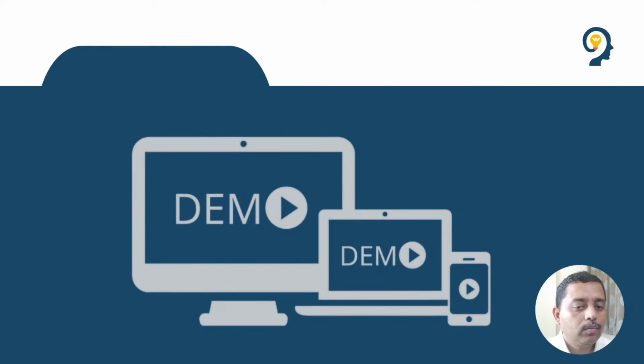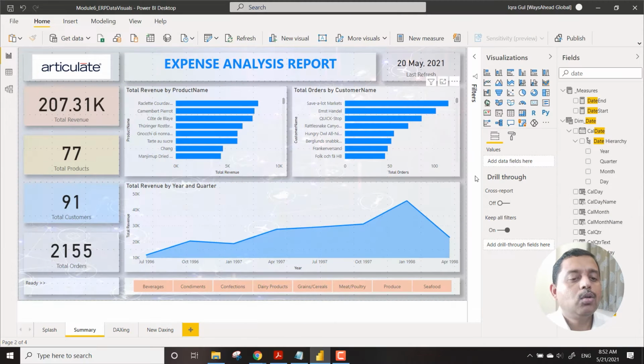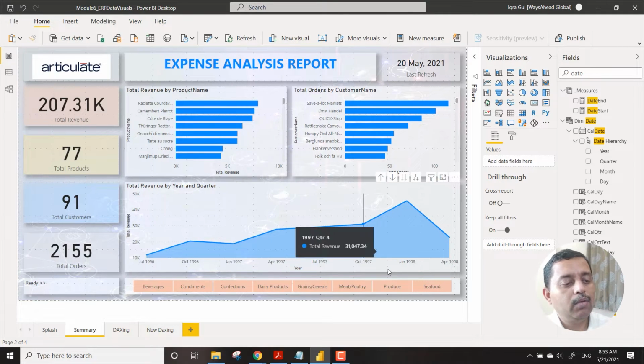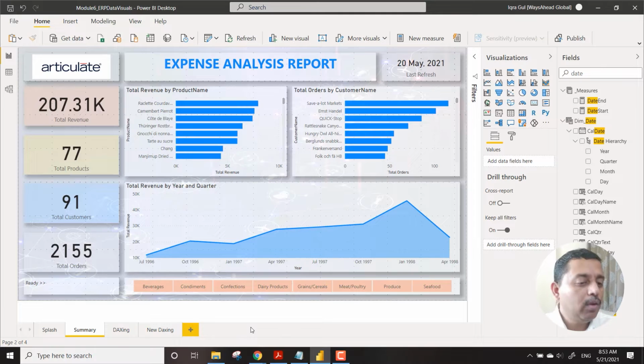So we have options to get the regular visuals in our Power BI. However, there are other kinds of visuals also that can be integrated with our data. Let's have a look at some of these examples. Let's say we want a similar kind of look and feel, but we want to incorporate some custom visuals into our data.